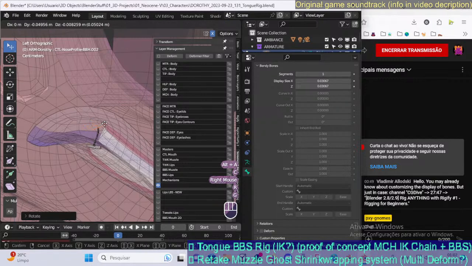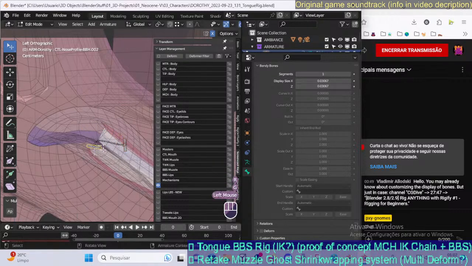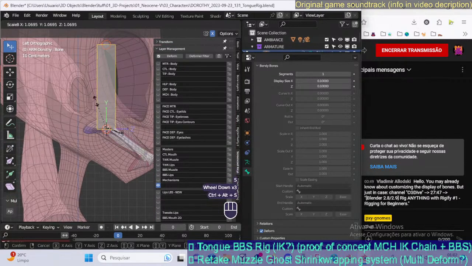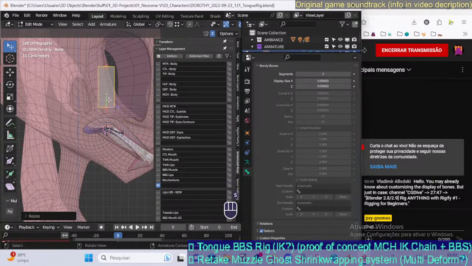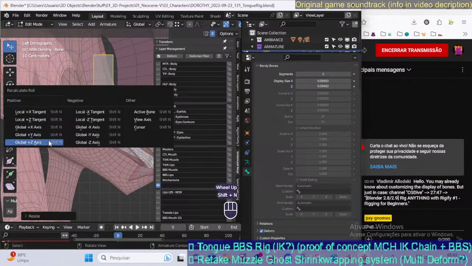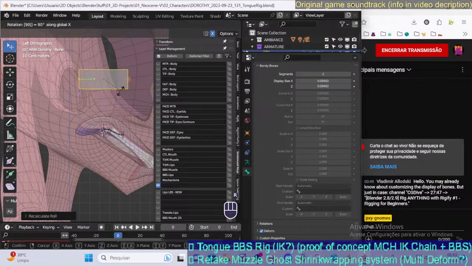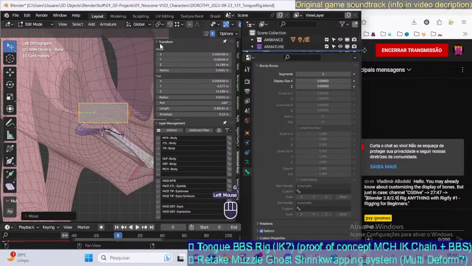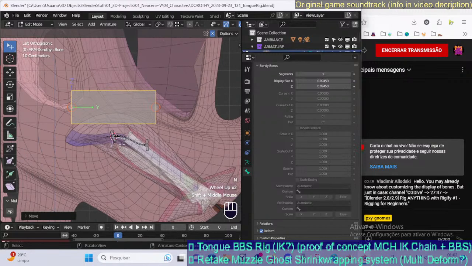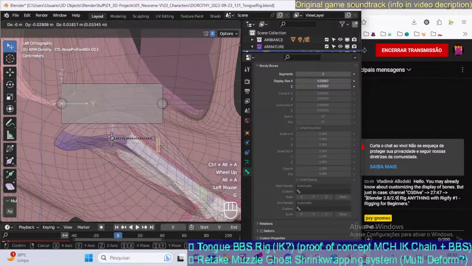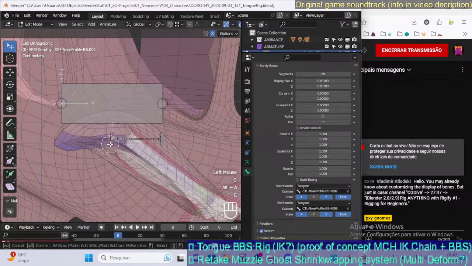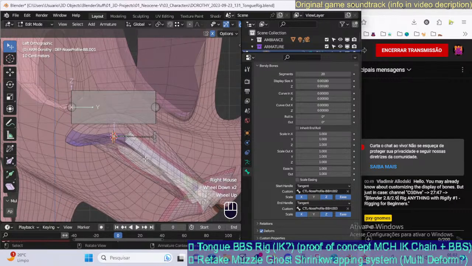We see there's some rotations, but that's fine. We will just align this with, for example, we'll add a bone just for rotate, align with global X, rotate like that. Let's check if it's roll. It's fine, but we want that. Now we align this like that, this like that, and this like that. Okay, now we can snap, and this will be the bone for